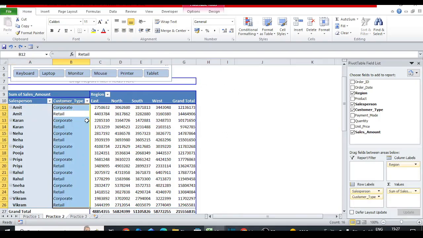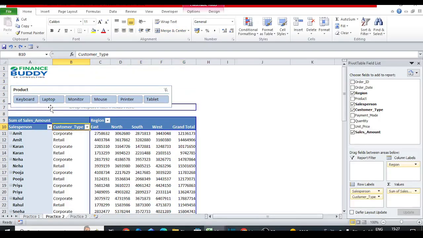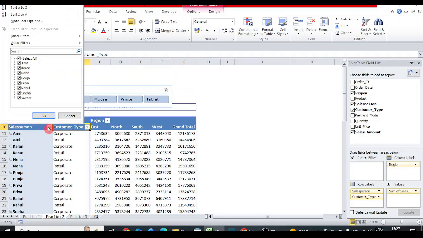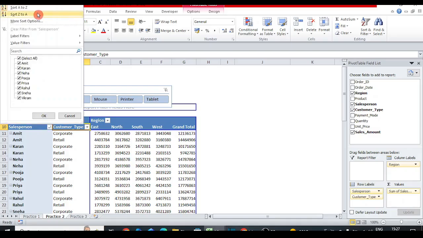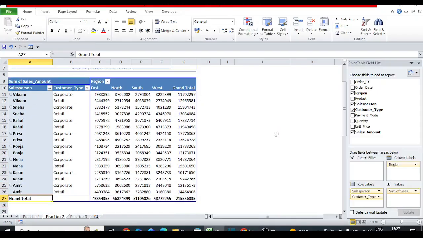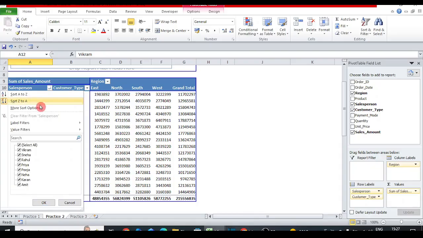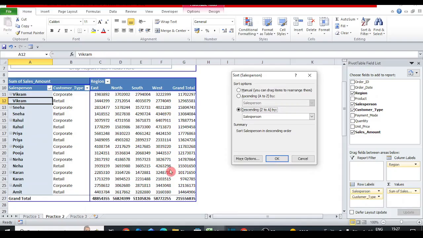Now let's say I want to sort this data. In that case, what should I do? I simply click on this drop down here. Either I can sort alphabetically, which is A to Z, which is already there, so no difference, but I can make it Z to A so that the last name as per alphabets will appear first. Then there is another sorting option. You can sort it based on the values that are appearing here. As you can see, sum of sales. So I go to descending and